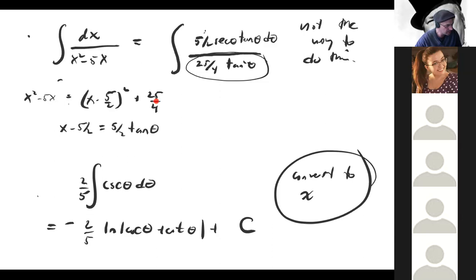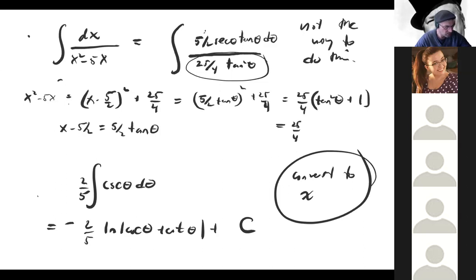So what I'm going to do is stick in 5 halves tangent theta in place of x minus 5 halves. So what do you get? You get 5 halves tangent theta, quantity squared, plus 25 quarters, and that's 25 quarters tangent squared theta. Let me factor out the 25 quarters: plus 1, and that's 25 quarters secant squared theta. So that's where it came from when I